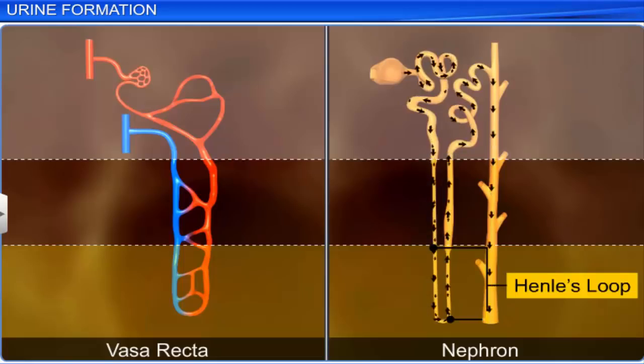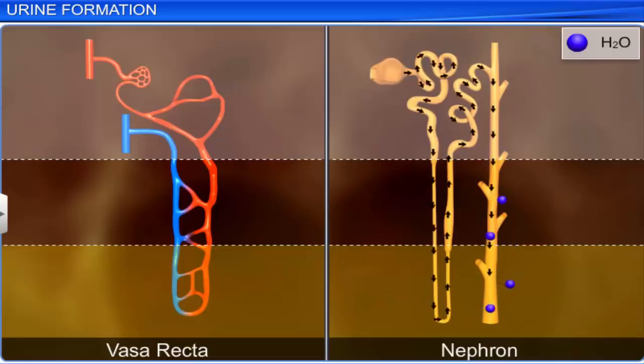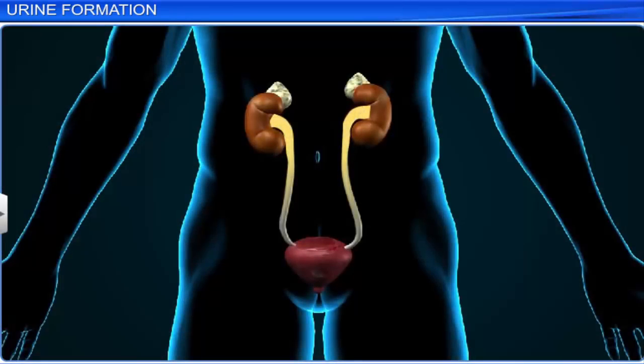This unique arrangement of the Henle's loop and the vasa recta, together with the countercurrent mechanism, helps maintain the concentration gradient in the medulla, which aids the easy passage of water from the collecting duct into the medulla due to osmosis, thus concentrating the urine. Urine thus helps to eliminate the numerous waste compounds generated by our body. Urine formation is vital for human health, and it is difficult to survive without producing and eliminating it.